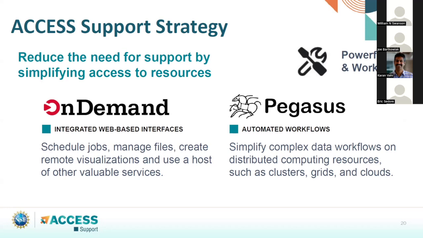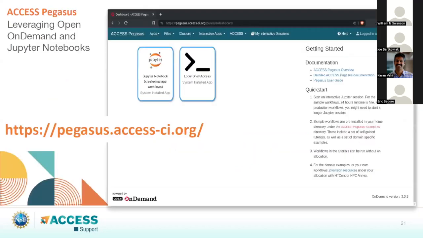So it will start Jupyter Notebook on one of your compute nodes, and then just interface it directly into Open On Demand. And it's just really well done. And the second one is obviously Pegasus. But to make this even more confusing, Access Pegasus is a merge of these two. So Access Pegasus uses Open On Demand to run workflows. And the reason we're using Open On Demand here is the web interface, the authentication, and we can run Jupyter